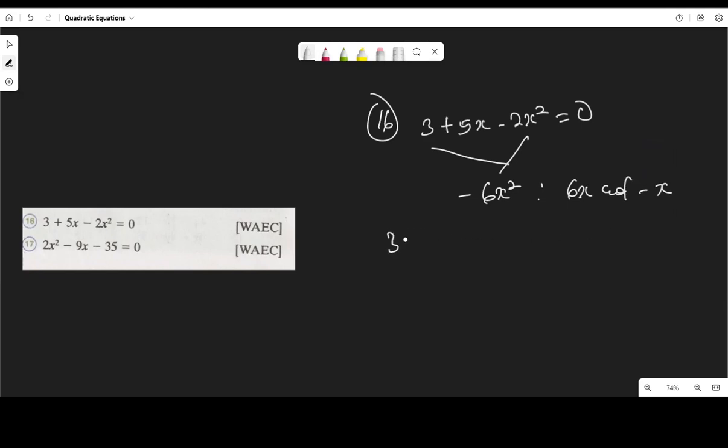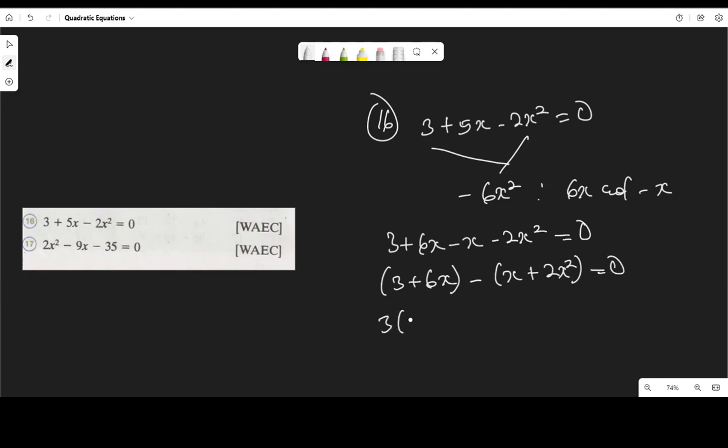I have 3 plus 6x minus x minus 2x squared equal to 0. Let's group it 2 by 2. 3 plus 6x minus x plus 2x squared equal to 0. In the first bracket, 3 is common. 1 plus 2x. In the second, x is common. 1 plus 2x